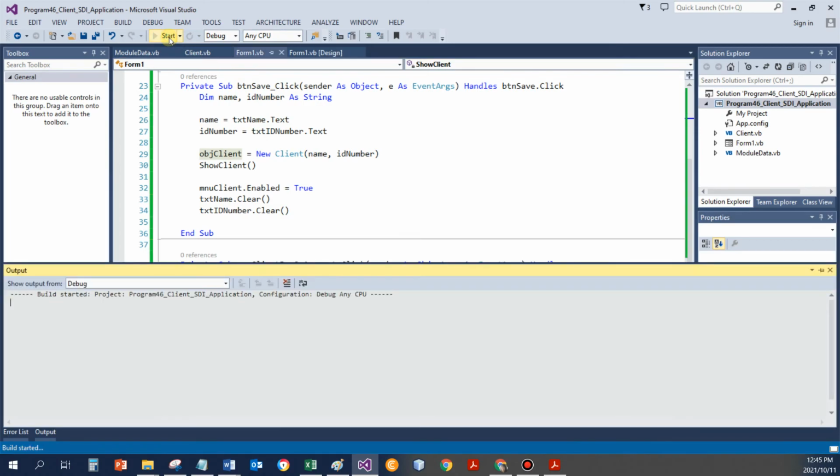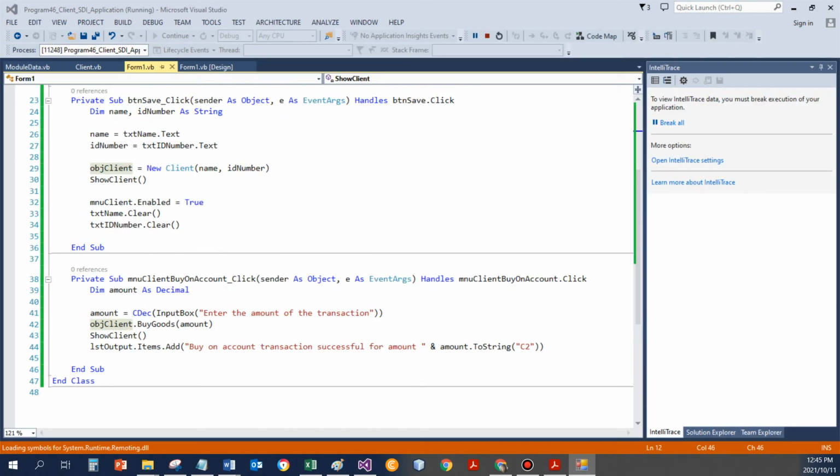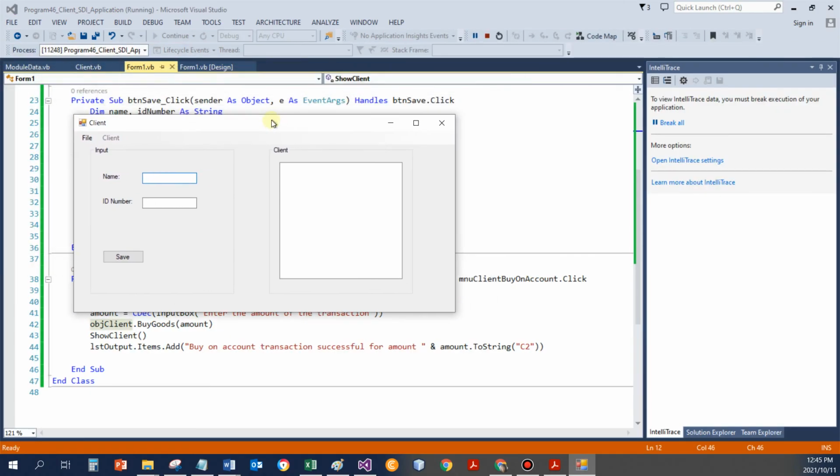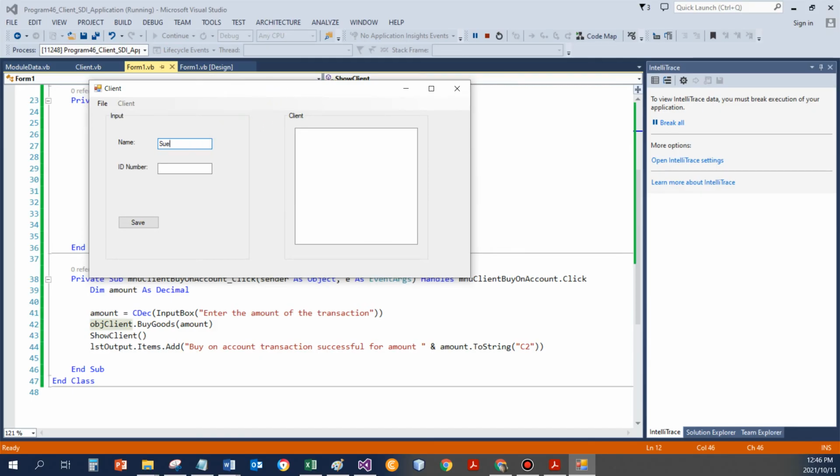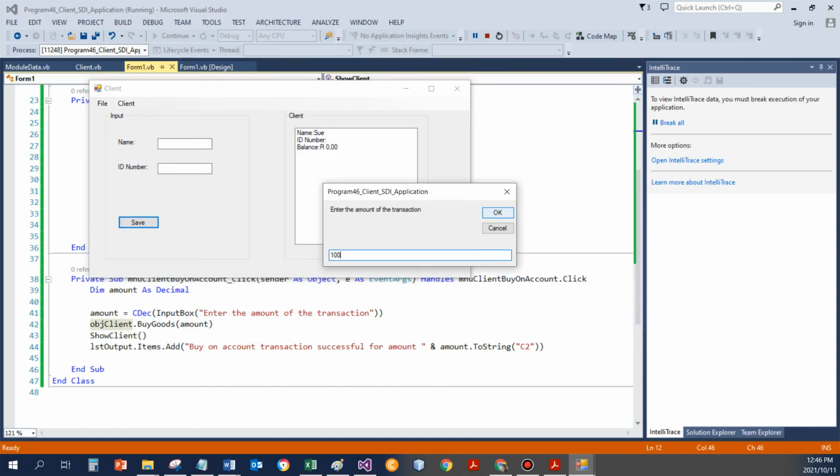So if I were to run my program, I've got Sue with ID 20001225, something like that. Saves it. If I go buy on account for 1,000 Rand,